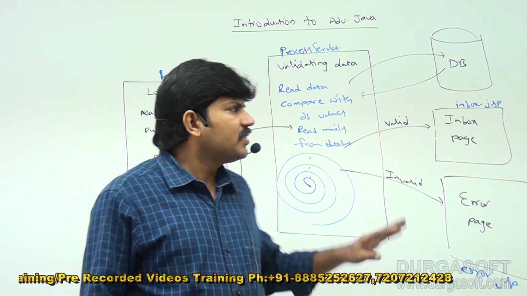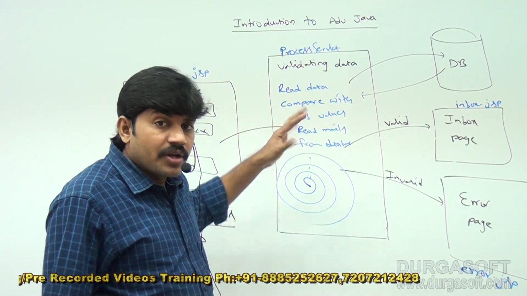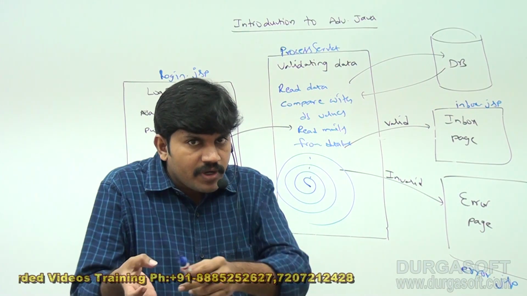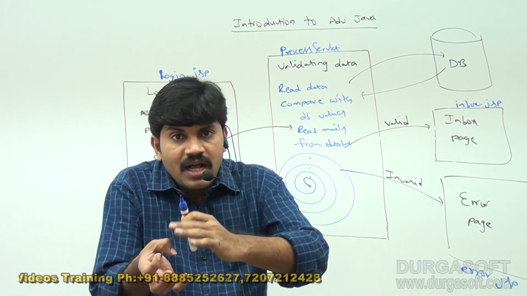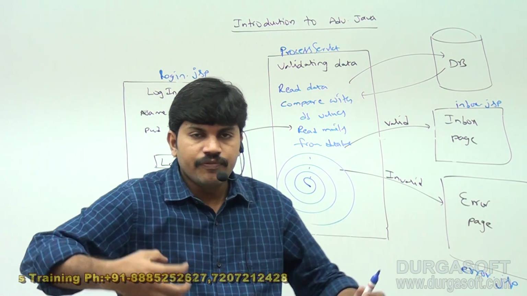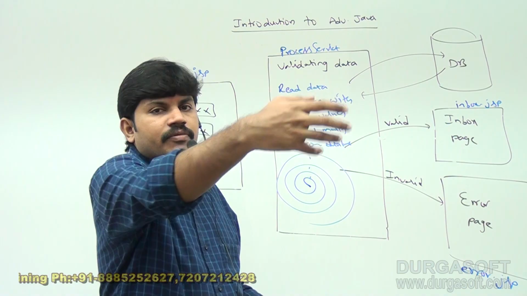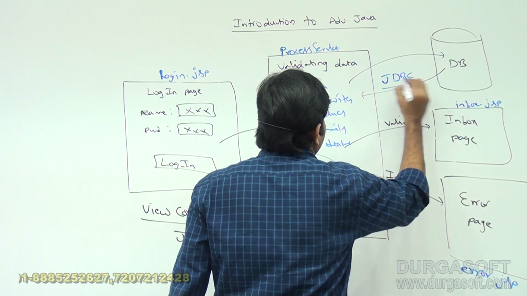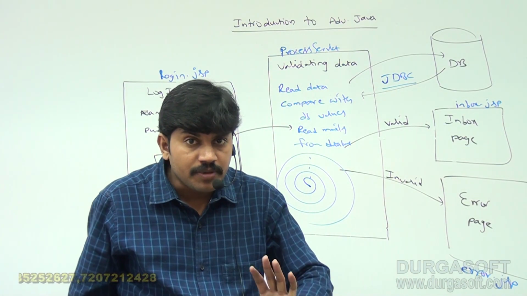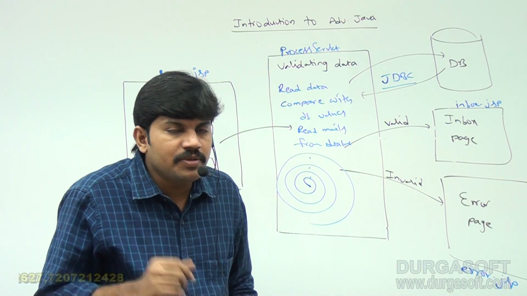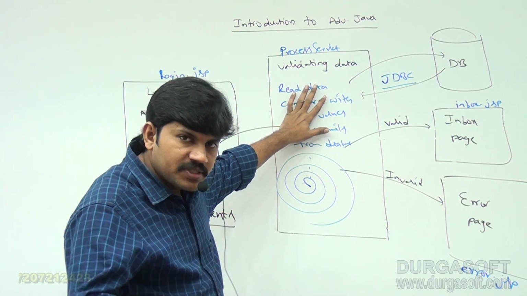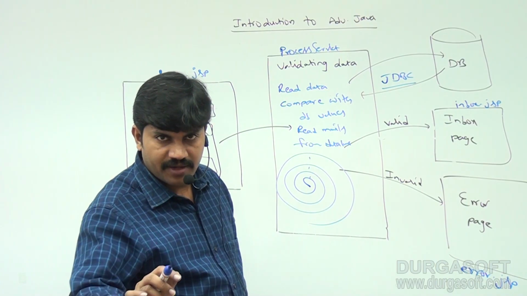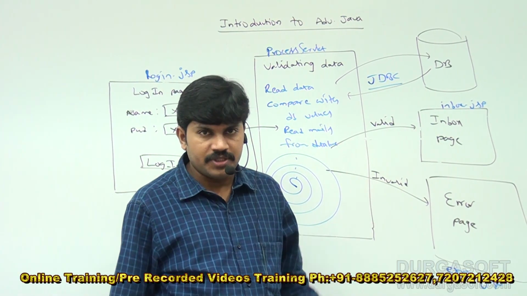Now, sometimes this servlet or Java class is required to communicate with the database. So sometimes a Java component is required to communicate with the database. So, Java to database connection. If you want to communicate with the database from a Java application, then we can go for JDBC. Can you spell out what is the purpose of JDBC, sir? Java application, it may be servlet, it may be a normal Java class. If you want to communicate with the database, some technology must be required. That technology itself is nothing but what? JDBC. Clear for all of you, right?